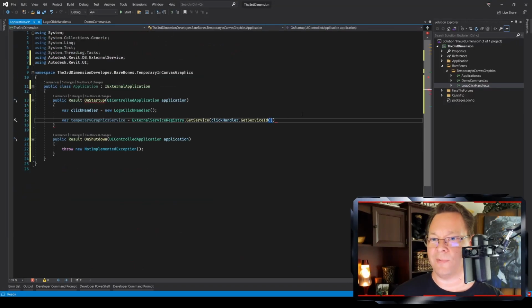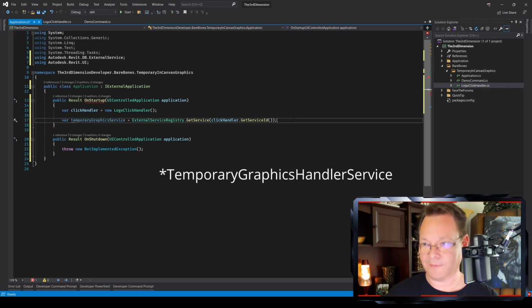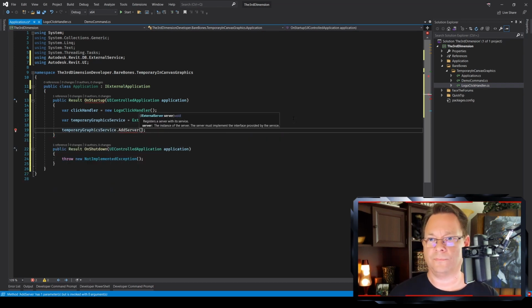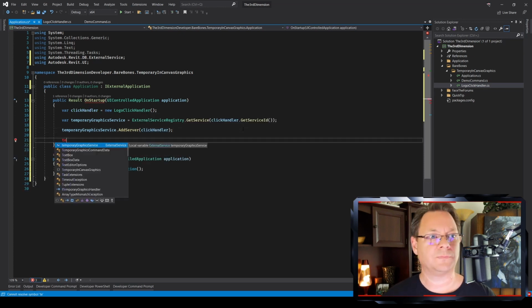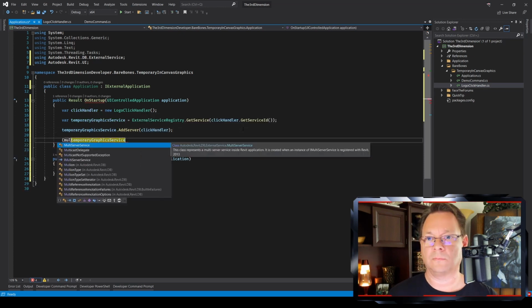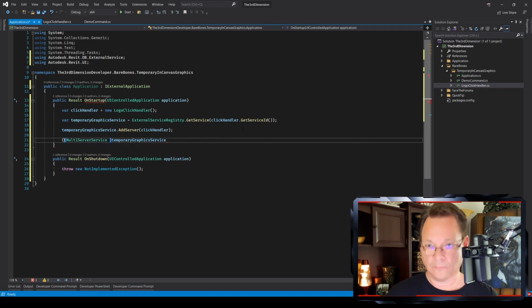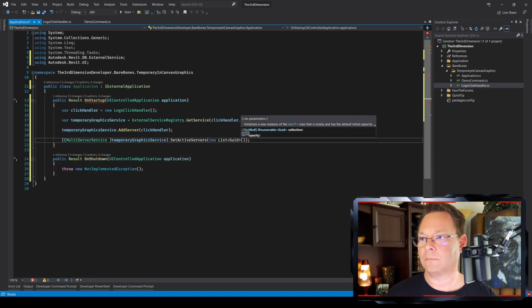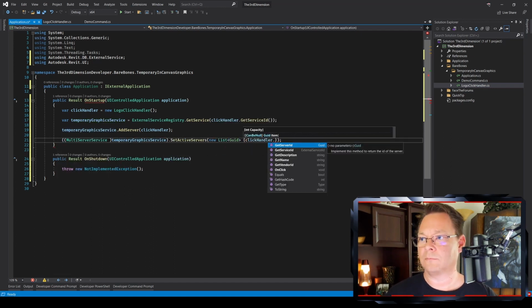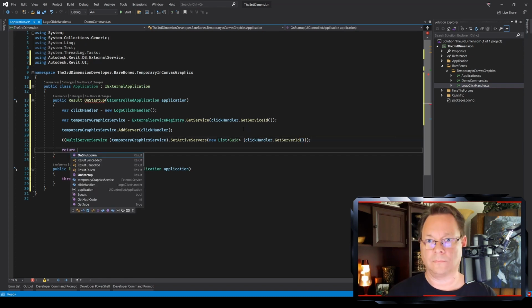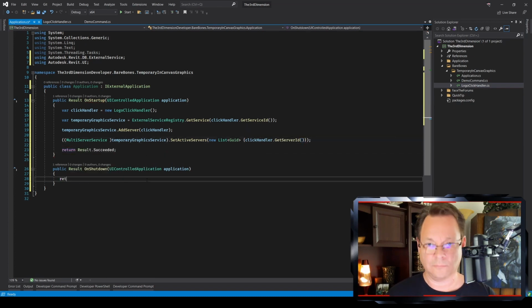So that's how we're grabbing the instance of our external graphics handler. And then we've added our instance of our handler, and now we just need to activate it. Okay, that should do it.